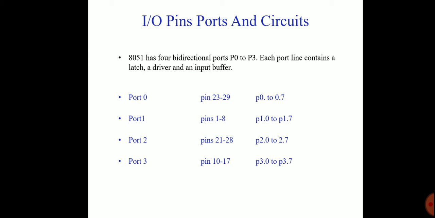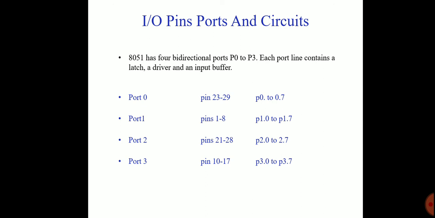And then port 2 operation. Port 2 can be used as a bidirectional input-output port, or it can be used to output the higher order address bus for external memory interface. Port 2 does not need any external pull-up resistors since it already has pull-up resistors internally. When used as an input-output port, the operation is similar to port 1. When port 2 is used for the higher order address bits for external memory access, the control logic bypasses the latch and the address bit is directly connected to the pin.